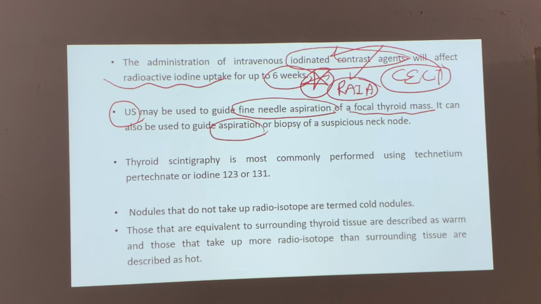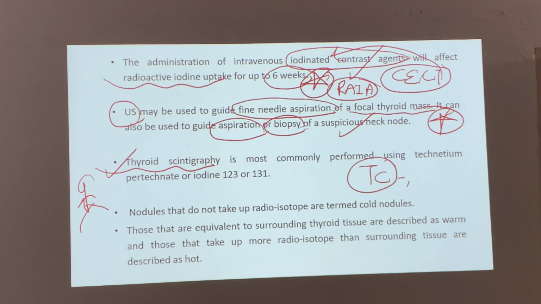And coming to the thyroid scintigraphy. So for example, the thyroid gland is a person coming for a photograph. How do you understand this? This scintigraphy can be done with technetium pertechnetate or iodine 123 or iodine 131. So imagine this thyroid gland is a person coming for a photograph. There are 3 types of persons. Too hot a person, too cold a person, too warm a person.